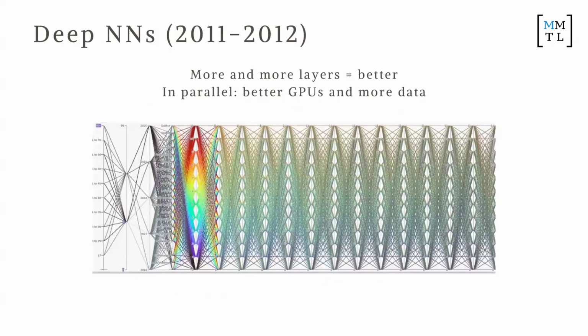Now, around 2011 to 2012, people realized that if you kept on stacking layers for neural networks, it kept on getting more powerful. So they're like, all right, let's stack hundreds of thousands of them, right? The only problem with that is it's very expensive to train, and you need a lot more data to get some of the nuances in those connections. Okay, but fortunately we had better GPUs and more data.